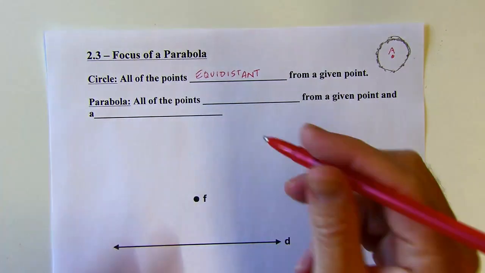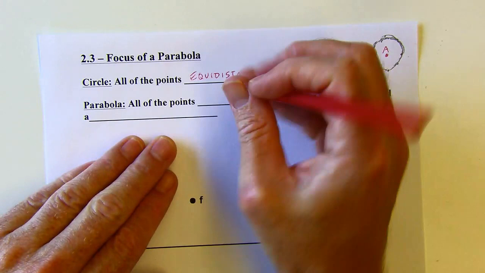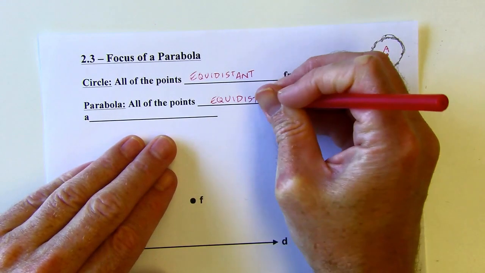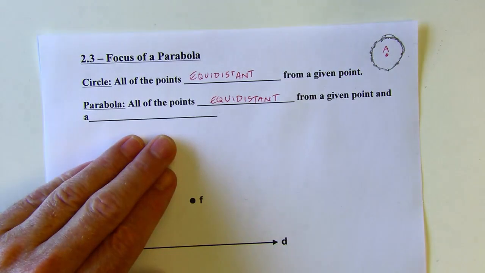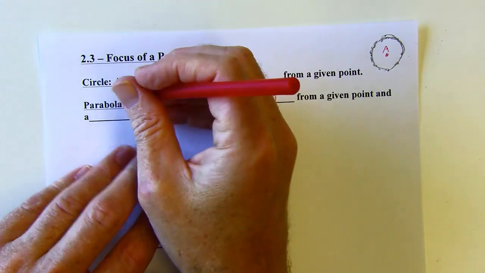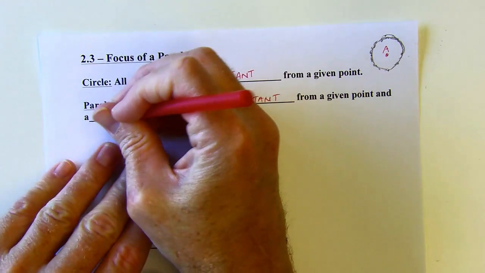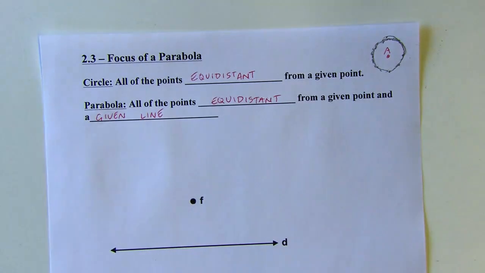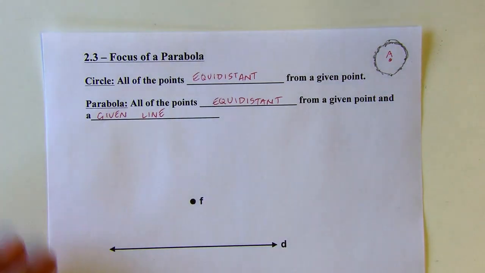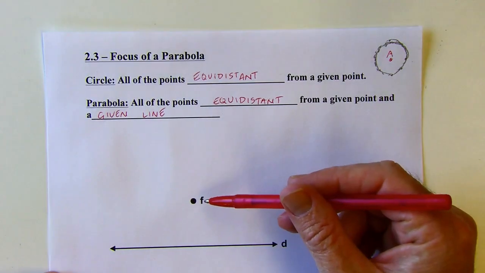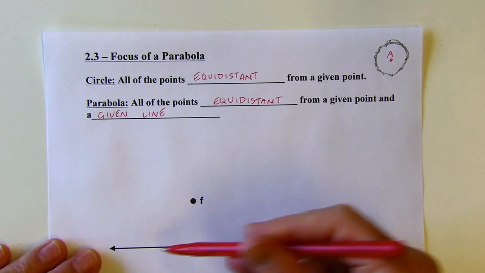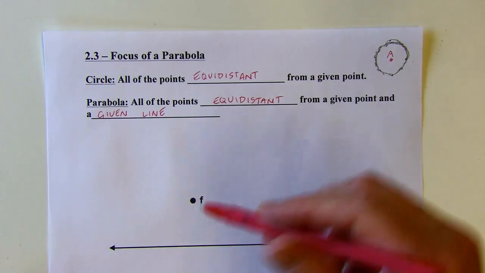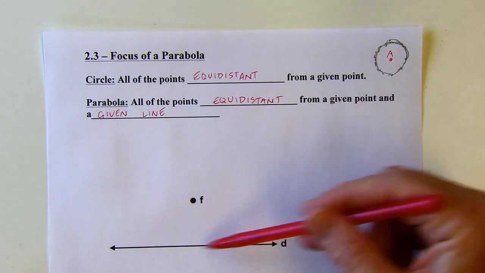The parabola is going to be the set of all points that are equidistant, the same distance, that means, from a given point and a given line. Okay, so I'll describe what I mean. So here I've got point F, so that can be the point that we're equidistant to, and here's line D. So if I want a point that's the same distance from this point as it is to line D, well,